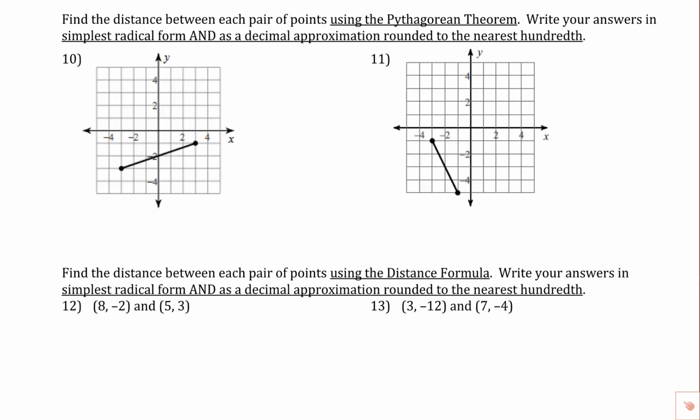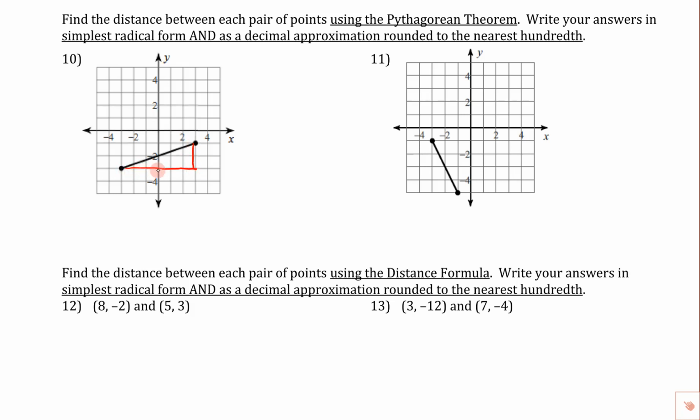So on the other side, we're on problem number 10 and 11. It says find the distance between each pair of points using the Pythagorean theorem. Write your answer in simplest radical form and as a decimal approximation rounded to the nearest hundredth. So it actually says use the Pythagorean theorem. So what we're going to do is we're going to make a right triangle. So we're going to go from here to here and from here to here, and we're just going to count